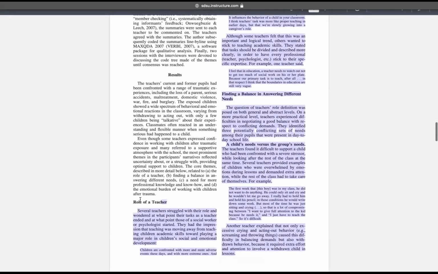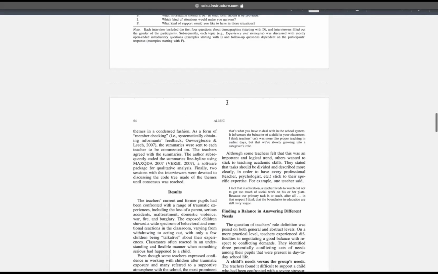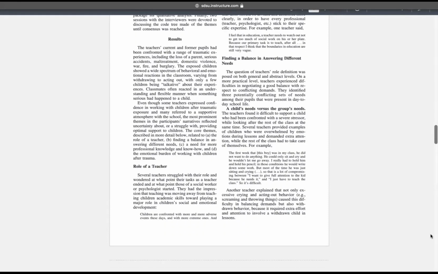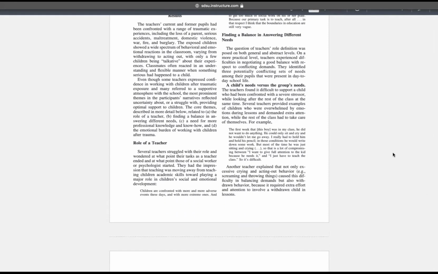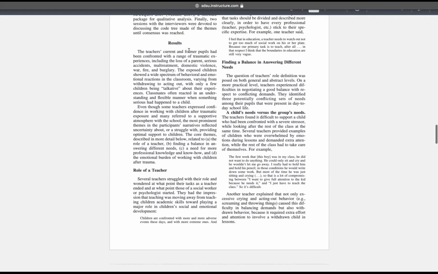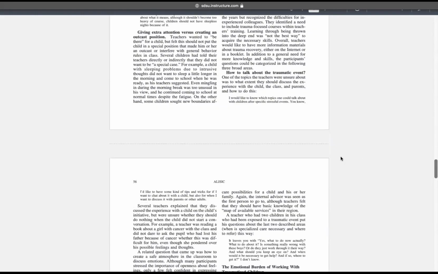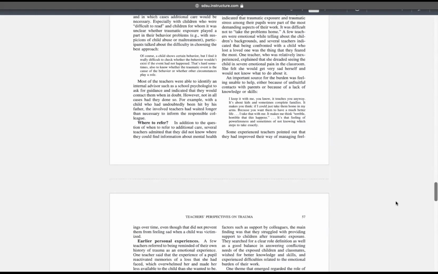So you'll see that there are subheaders here, and each of these subheaders is basically a theme that they came up with after they did their interviews. You're basically breaking that down and talking about the themes. And they use data that they've collected to support the themes. The results section, again, is the analyzed portion of the scientific inquiry. So they go through, they have a lot of different findings.